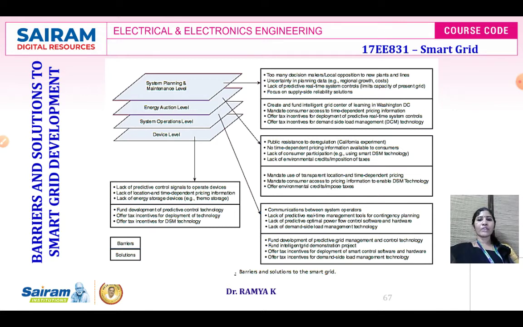Therefore, when you are going for the implementation of the smart grid, a meeting has to be arranged with the knowledge of the customer, with the knowledge of the end user. Then only from the end user side we will be obtaining the data such as what is the maximum power requirement, what type of load they are going to use, whether they are going to utilize the load continuously for all the 24 hours or it is going to be break from time to time. So all those data will be taken into account under system operation level.